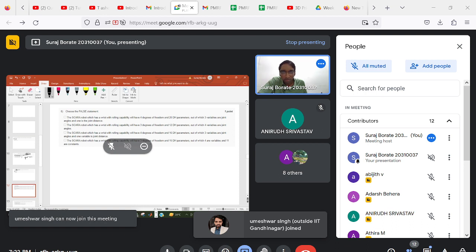Choose the false statement. The SCARA robot. So this we should be able to answer. Choose the SCARA robot which has a wrist with rolling capacity. So what is a SCARA robot? The SCARA robot is